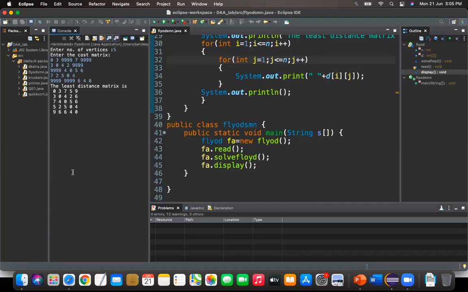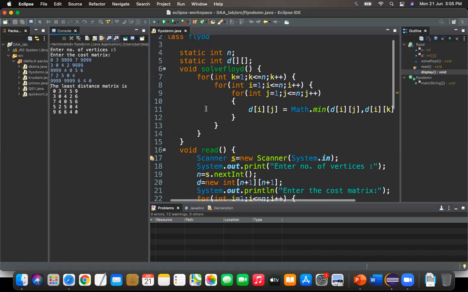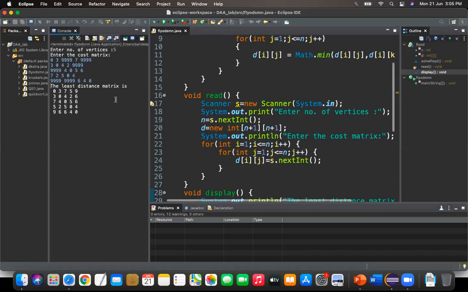No need to trace the program. This is a simple program. There is nothing much in this program. So manually you solve this graph, check with the program output, and whatever output you get, upload it to the classroom. Is it clear? Along with the source code and screenshot of the output, you also upload this solution to this graph.